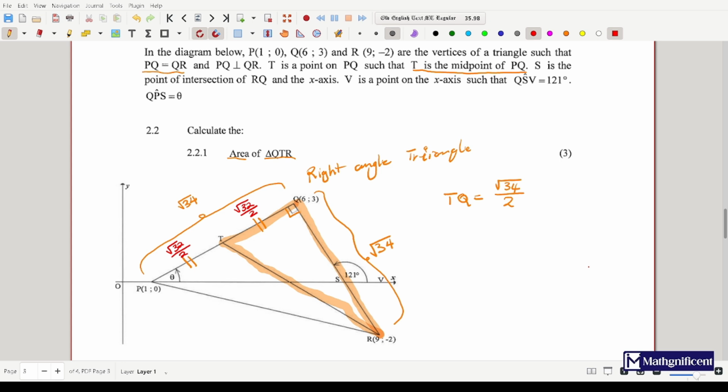So now we know that we have a right angle triangle. How do we actually calculate the area of a triangle? For the area of a triangle, we know that we use the formula: area of triangle is equal to half times base times height. So since this is a right angle triangle, and these sides are adjacent sides, we can simply say that,